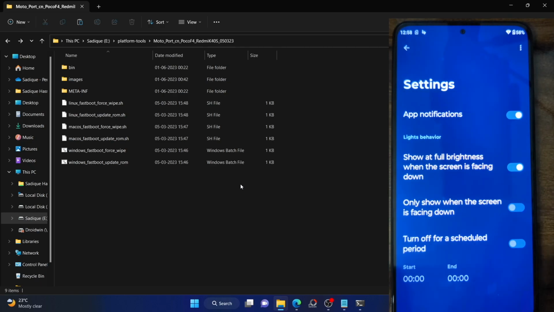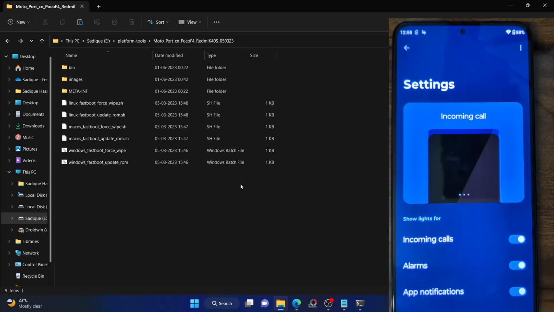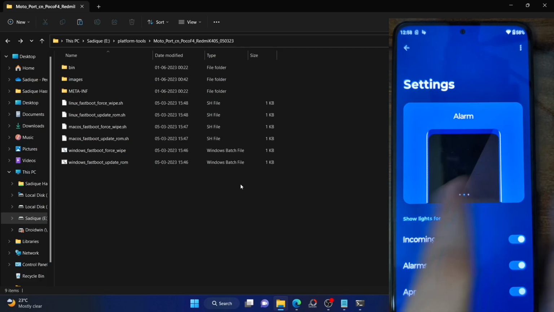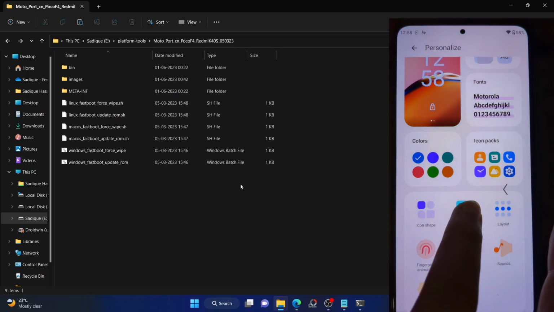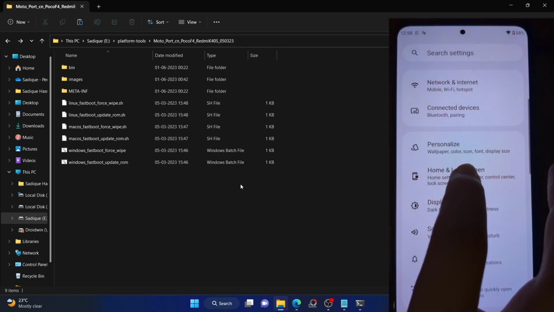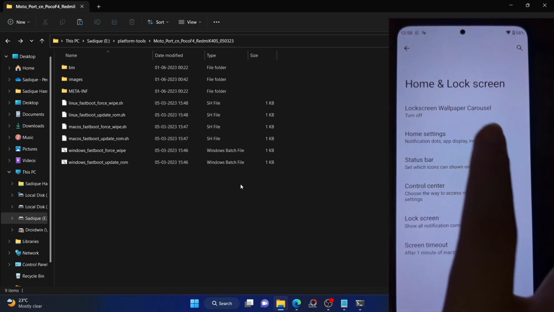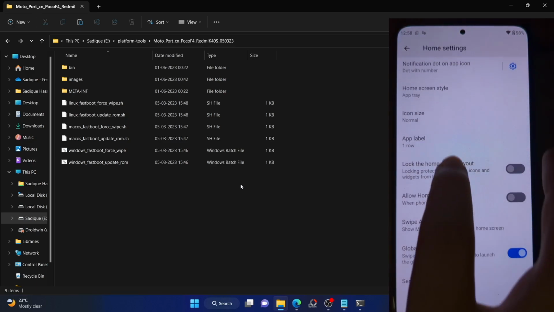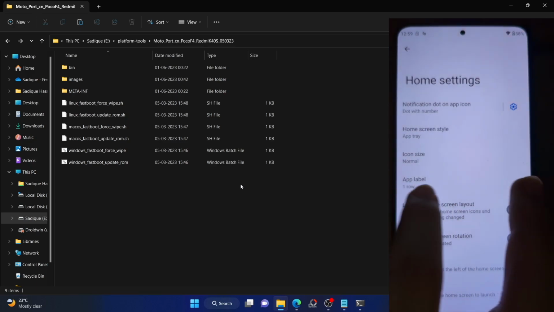Then we have the edge lighting. So this is also a Motorola USP. If your phone is locked and if you get a notification, the edges will get lit up, as you could see from the animation screen here. So there are quite a lot of UI tweaks. Then we have a few home and lock screen options here. So let's check out a few home screen tweaks, and